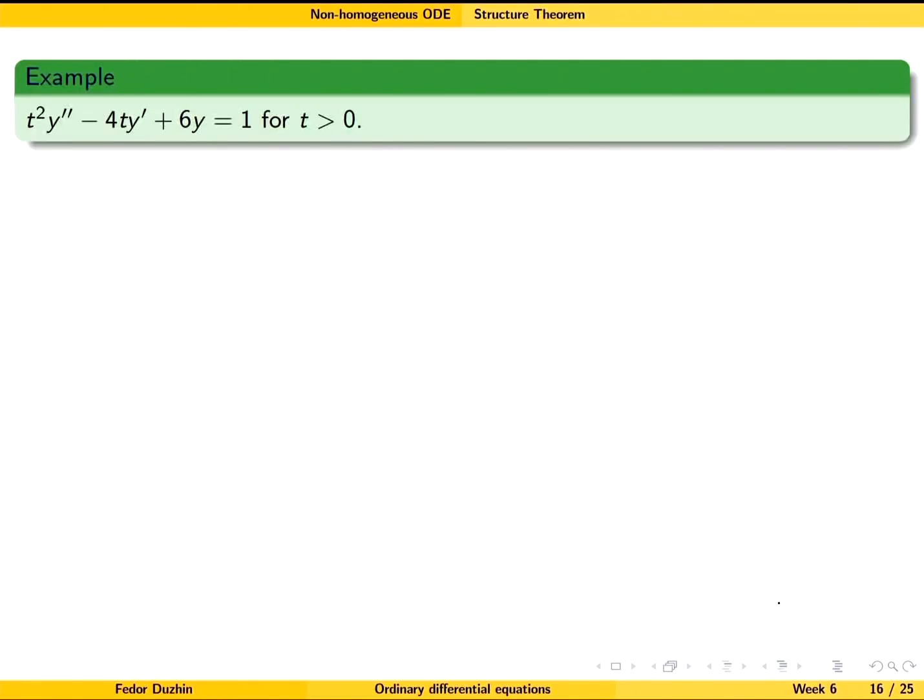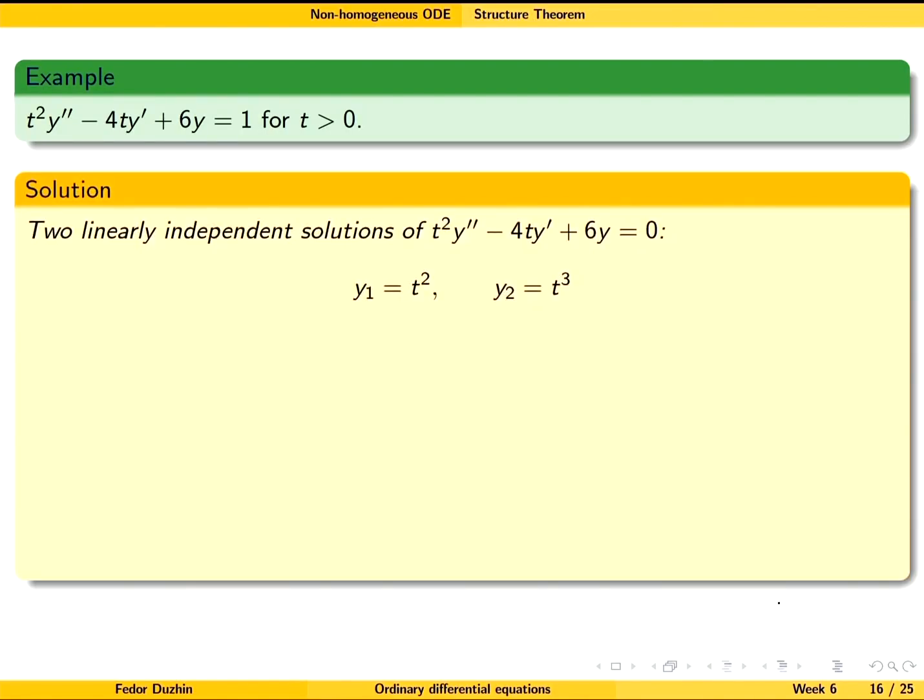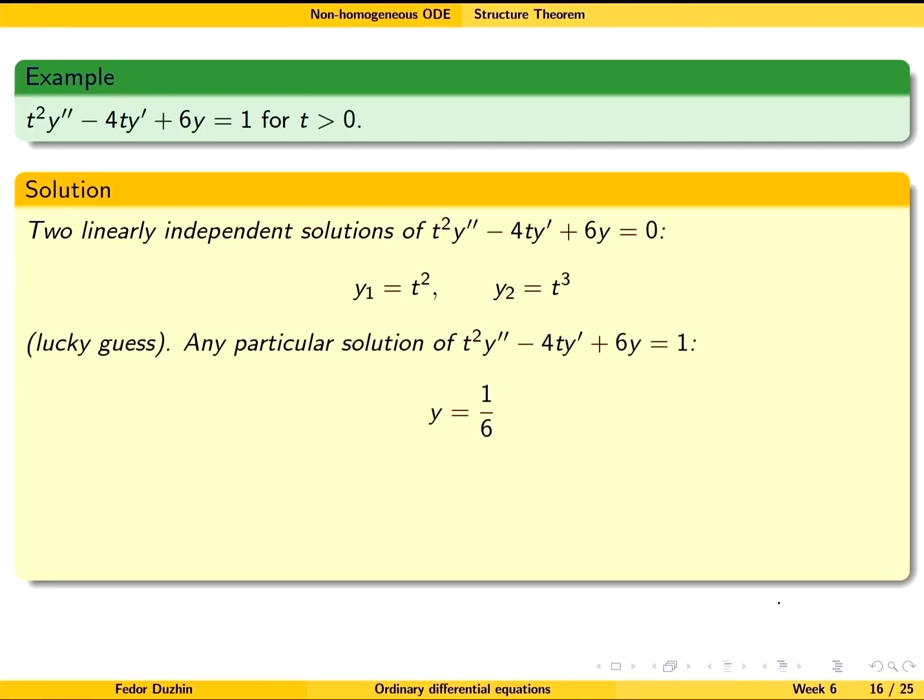Okay, here is an example. This is a non-homogeneous differential equation with non-constant coefficients. Well, strictly speaking, there is no general way to solve it for non-constant coefficients, but I know that the two solutions are t squared and t cubed for the corresponding homogeneous equation. It's just because I designed this differential equation that way. So you can imagine that this is a lucky guess. But suppose that we were given this information,